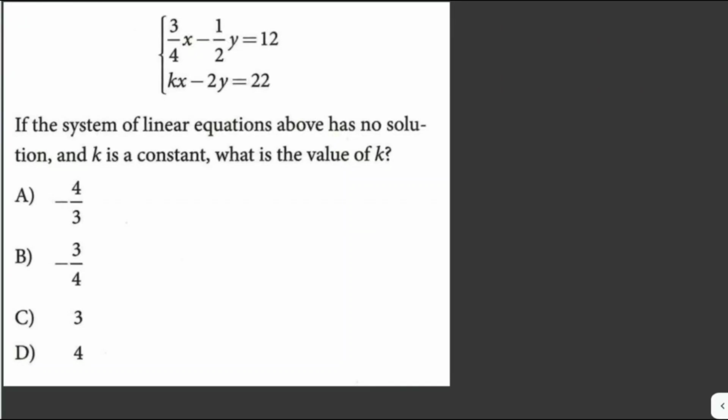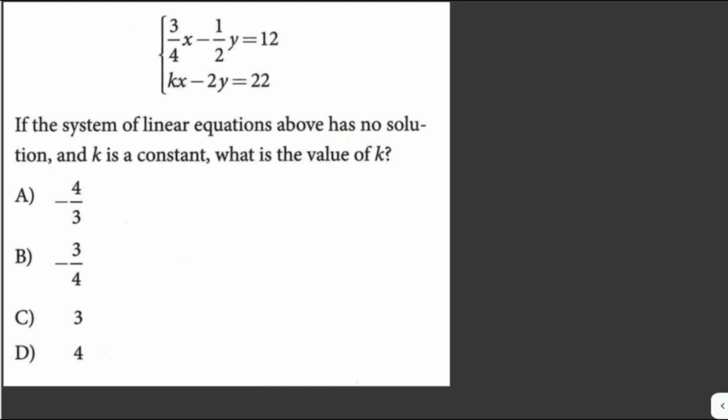Solve some problems here. If the system of linear equations above has no solution and k is a constant, what is the value of k? So when a system of linear equations has no solution, that means the two lines are parallel, therefore their slopes are equal. So all we have to do is